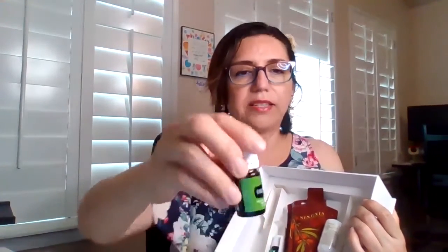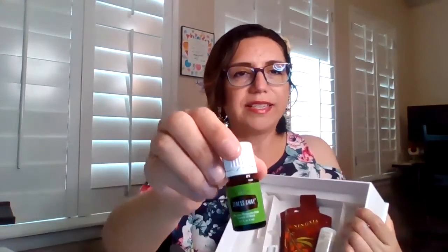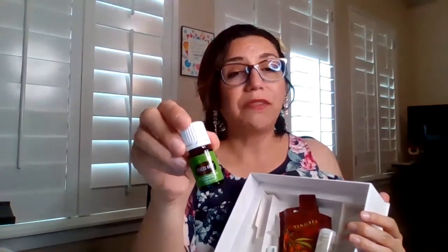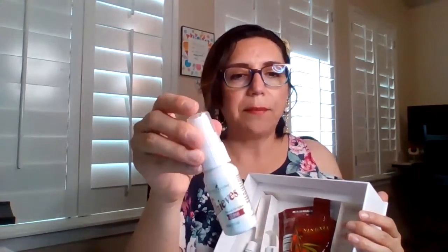And also Stress Away. Stress Away does exactly what its name implies, takes the stress away. It's a great oil to use after work, especially when you have had a busy day at the office and you need to relax. You can put a few drops in your diffuser, and it will make you forget about everything. It also comes with a Thieves cleaner sample,